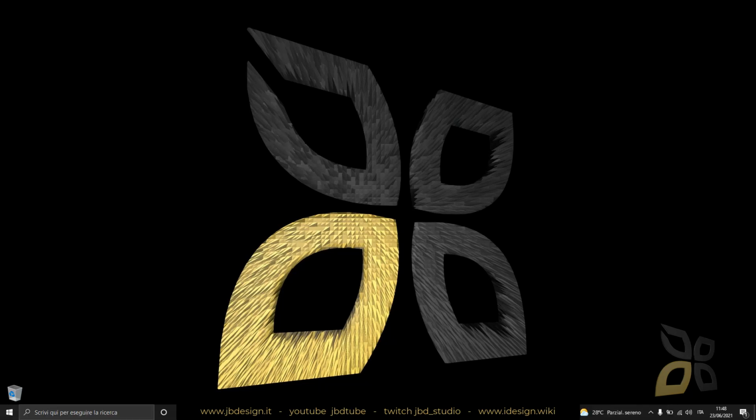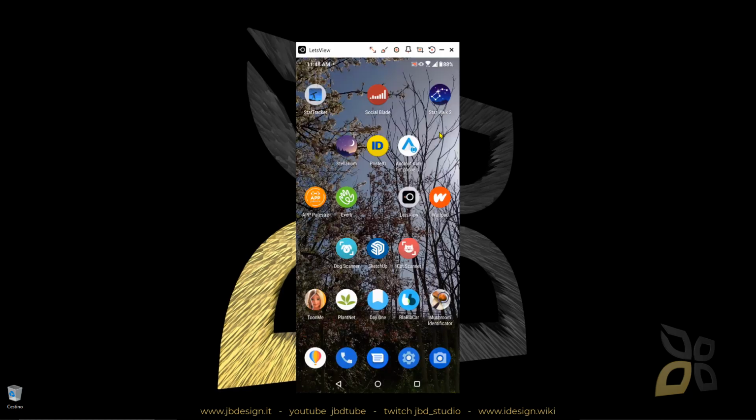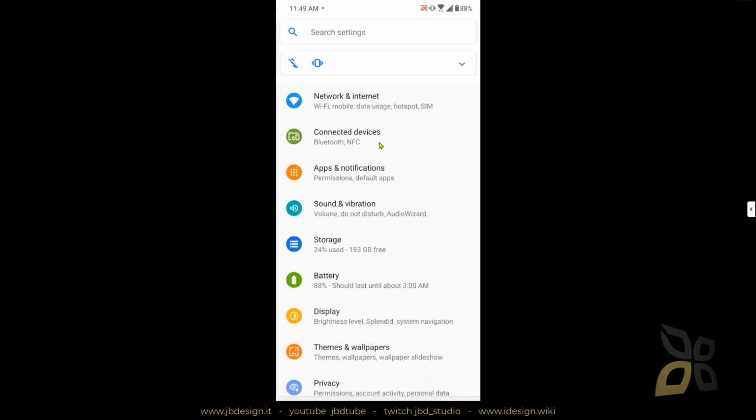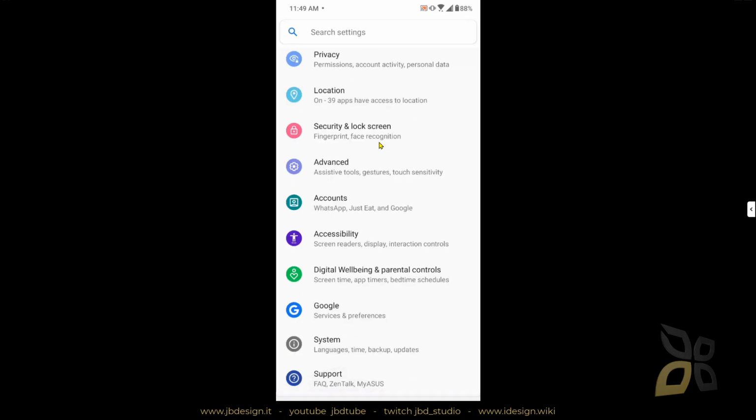In this video, we're going to talk about developer options in smartphone for Android. Okay, so this is the screen right here, and let me expand it. And let's go here in this icon, in this gear icon. These are the settings, and we're gonna scroll all the way down, get into the system here,